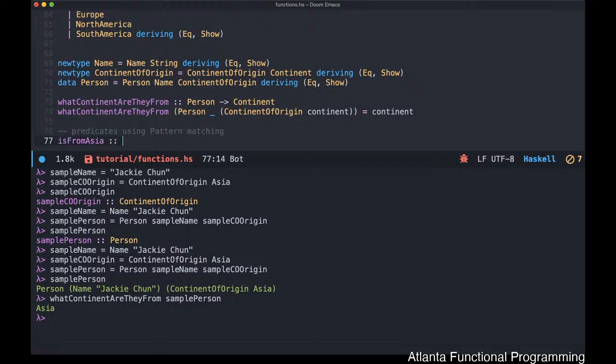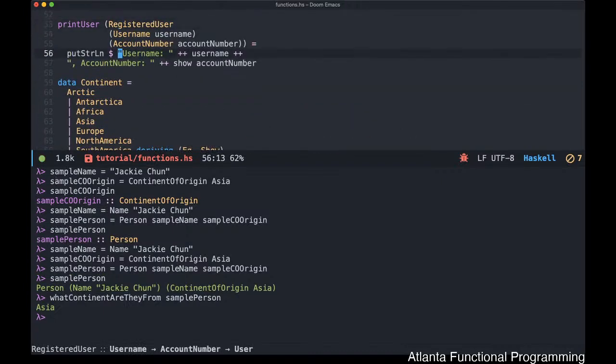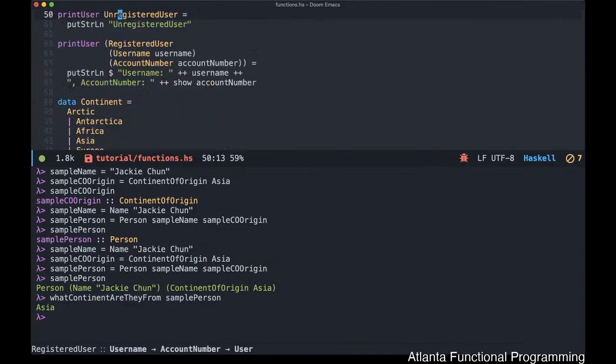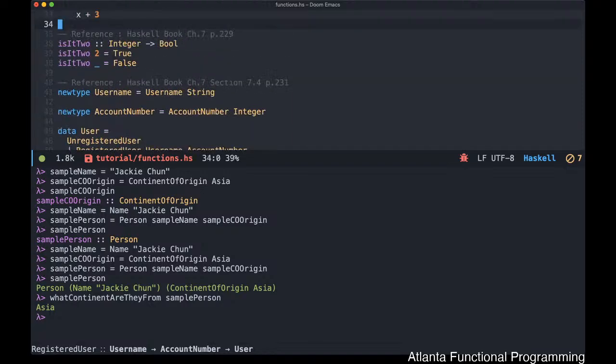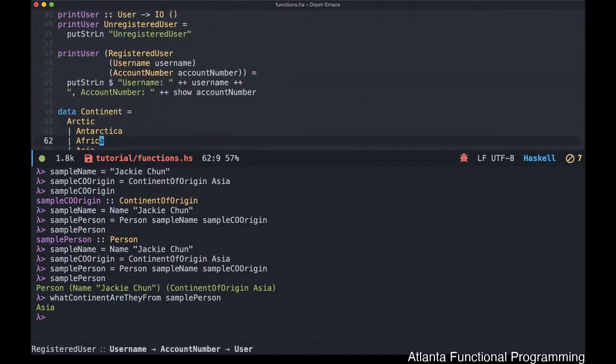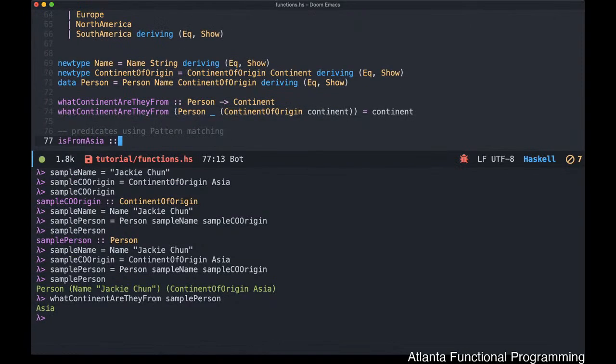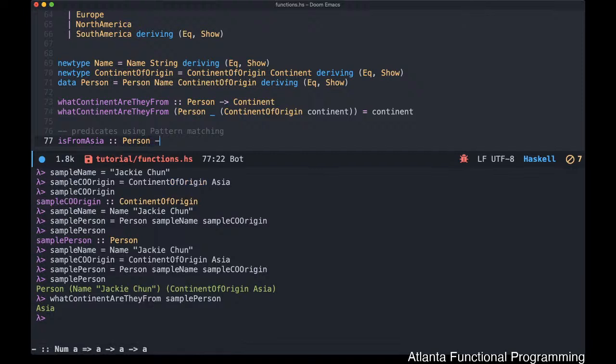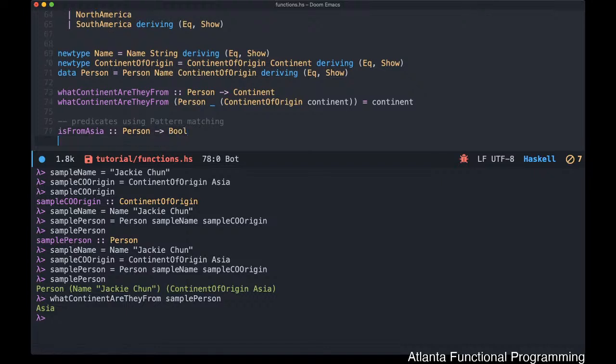And this time we're not taking a continent, like we did with isFromEurope. Instead, what we're doing is we are actually writing a specific rule for a given person, okay? So the way we could do this is we could first write